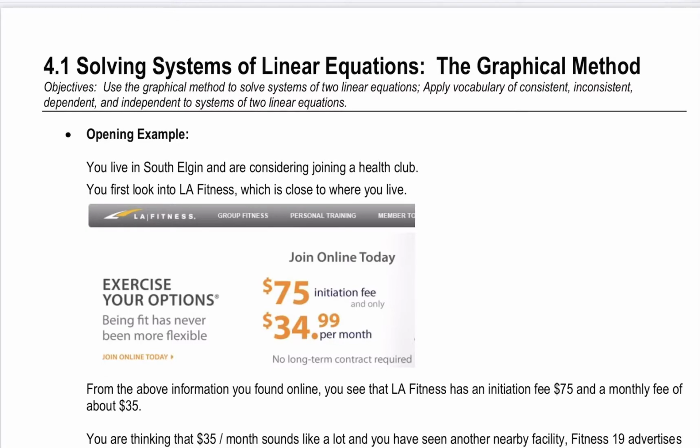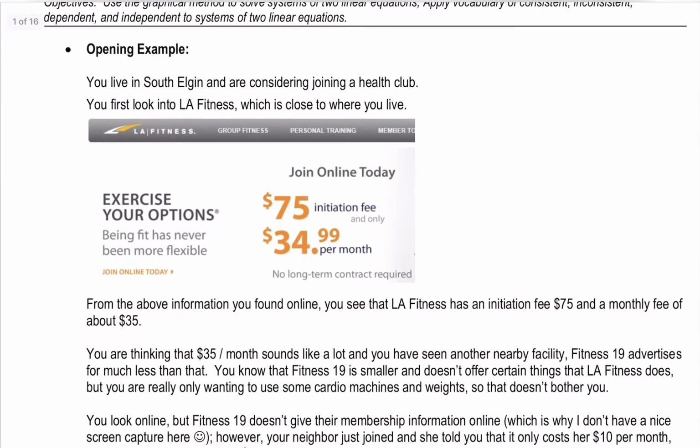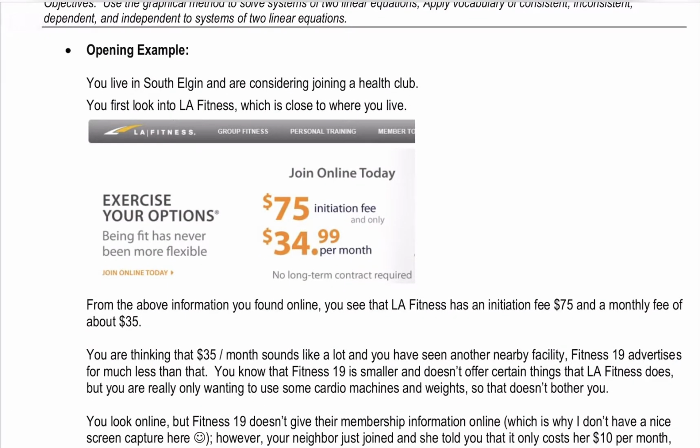We're going to start though with an opening example. I like to start with some things that demonstrate a systems type of thinking without necessarily thinking of it in everyday life as algebra. So suppose that we live in South Elgin and we're going to consider joining a health club. And suppose we look into LA Fitness here, and that LA Fitness has a $75